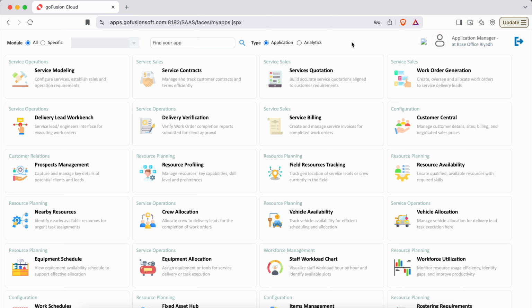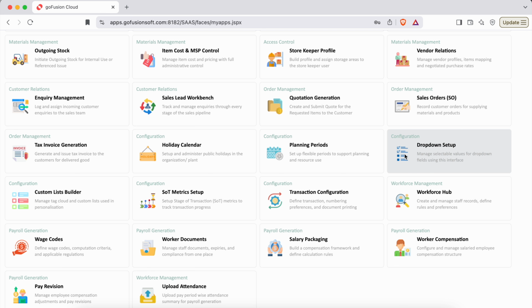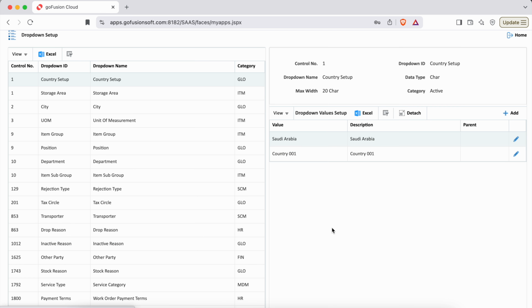Welcome back! In this video, we're going to walk through how you can create and manage your dropdown and choice lists within the system. To do this, we'll be using the Dropdown Setup application. When you open this application, you'll see a full list of all the dropdowns that are already included in your